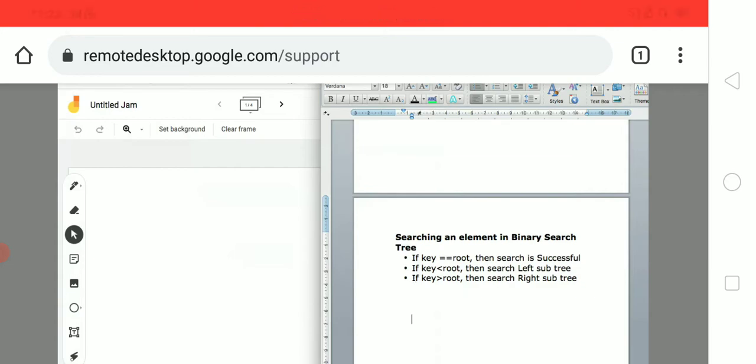Now let us take some values to implement searching.